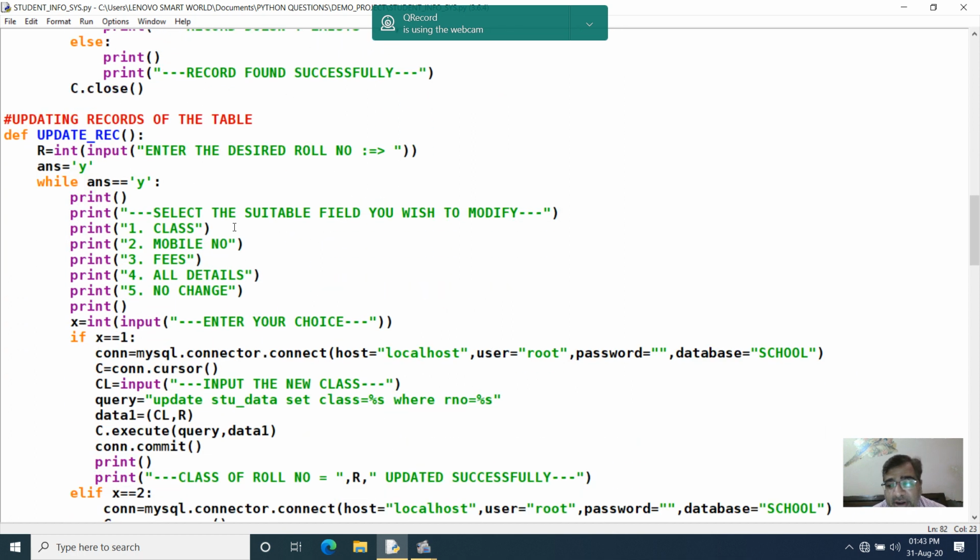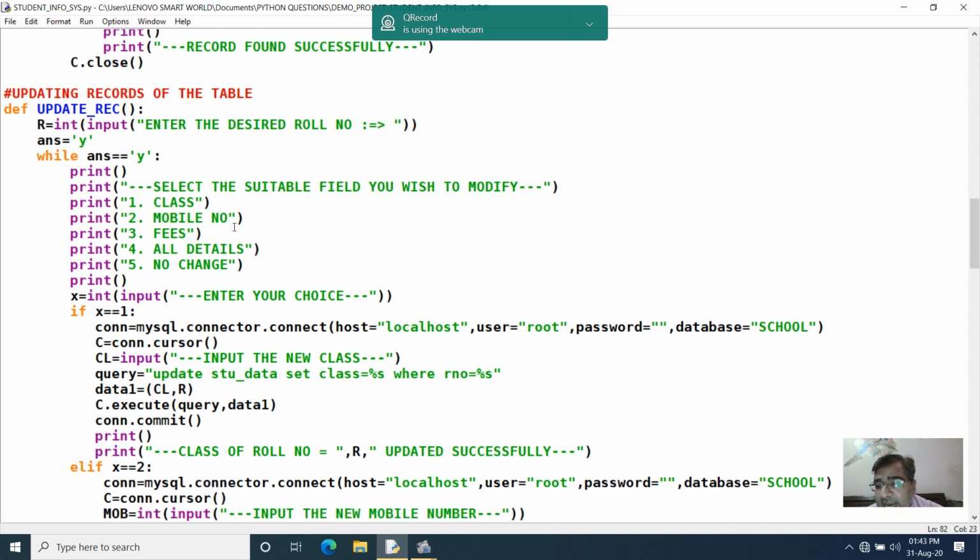Updation means making modification in the existing record. I have taken a few fields on which updation can be done.